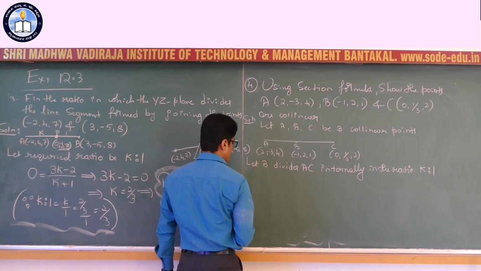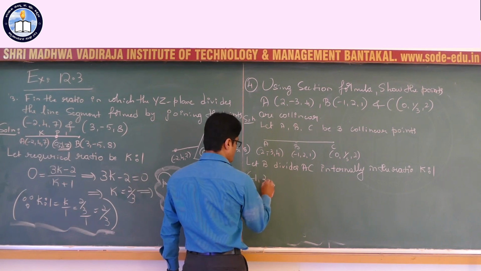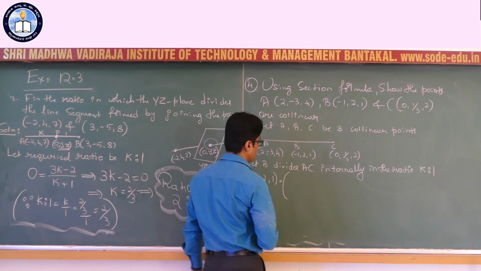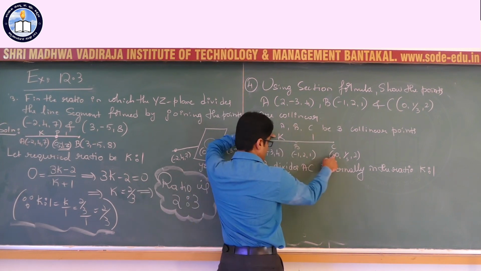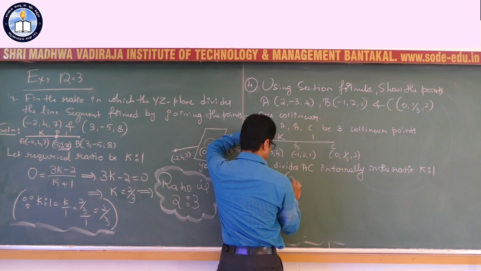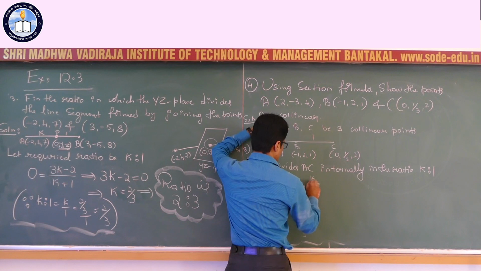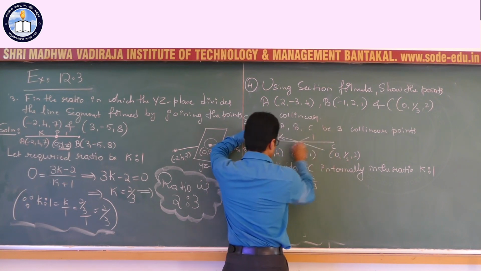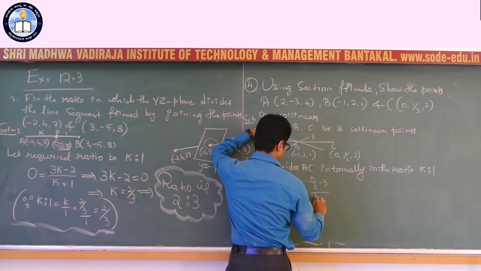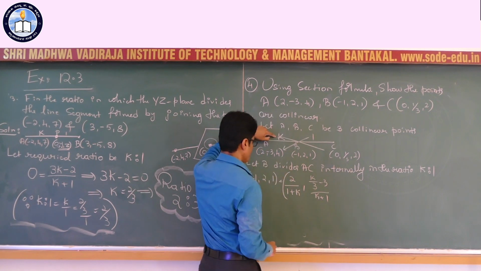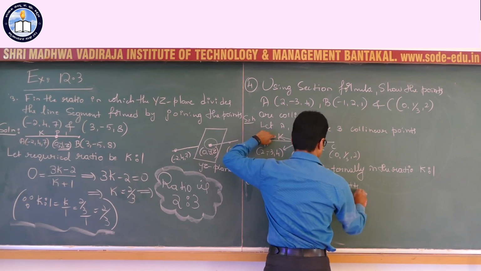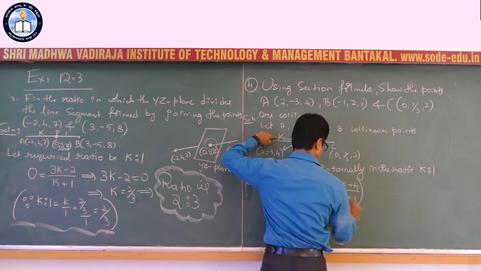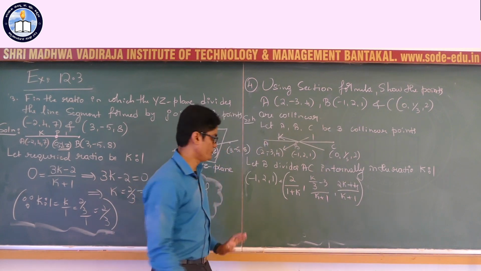See this. Now, by section formula, you can write (0, 1/3, 2) equal to, this is k, this is 1, as I told, by the cross multiplication method. k into 0 is 0, 1 into 2, and 2 by 1 plus k, the first one. Next, k by 3, minus 3, by k plus 1. Next, 2k plus 4 by k plus 1. Did you understand? Very good.